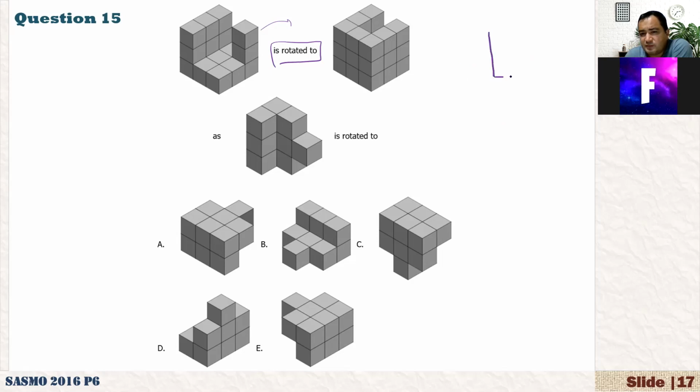Suppose that this one is the corner of our wall. Let's say this one is x-axis, this one is y-axis, this one is z-axis. Now the first one, how we are rotating this. As you see here, we are rotating this in this way, right? Because this part is full, it is here, this side. So I am rotating this in this way, maybe 90 or 100 degrees. And after that, we are rotating in this way.